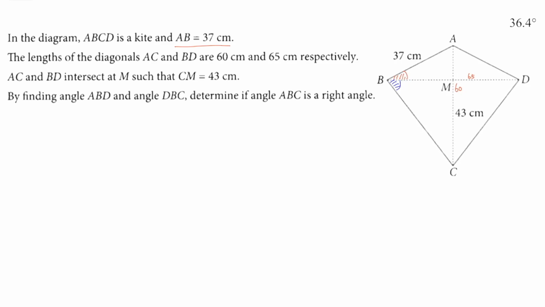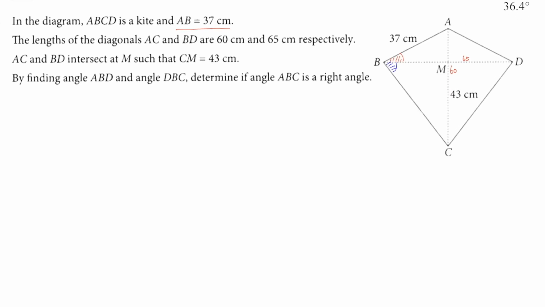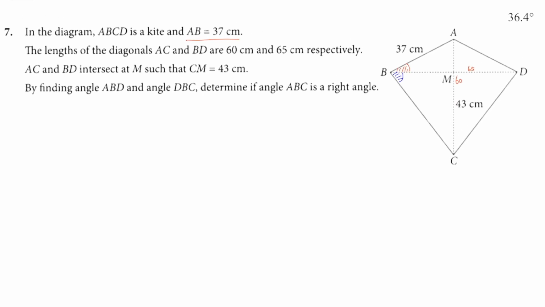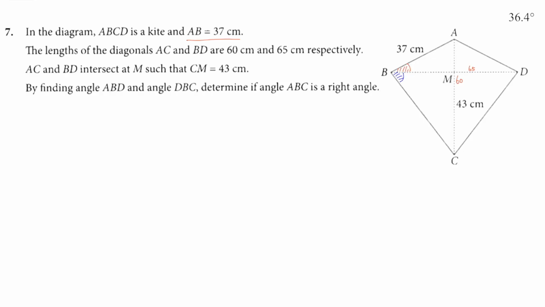So basically to check whether this is a right angle. Let's see, how should I do this? Let's find BM first. So BM equals to 65 divided by 2 equals to